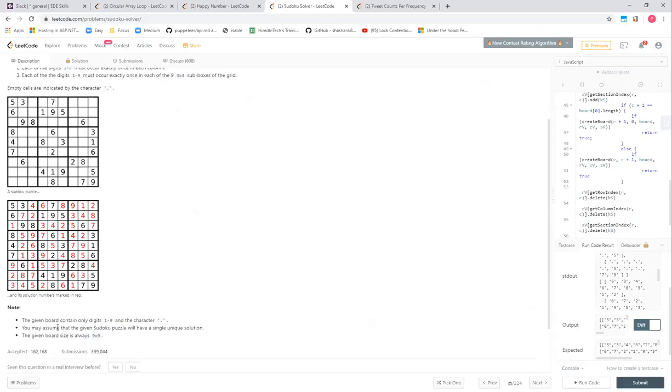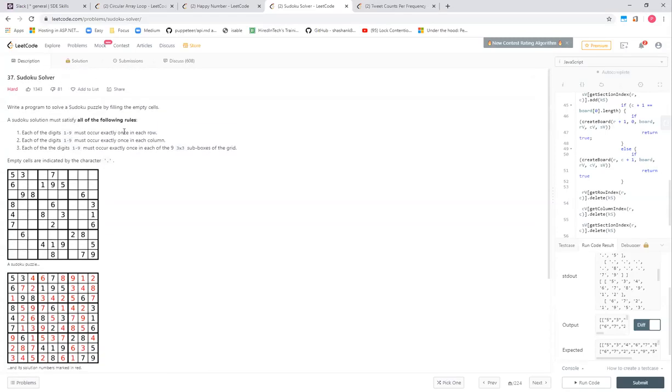Right? And that is for your question, but it's also written that you may assume that the Sudoku puzzle will have a solution. So we have to consider that all the inputs are valid. If it's not, then the only thing is we can try to build all the solutions, and if we are not able to fill up everything, that means the input configuration that was given was not valid. Okay. Then the complexity might generally be exponential.